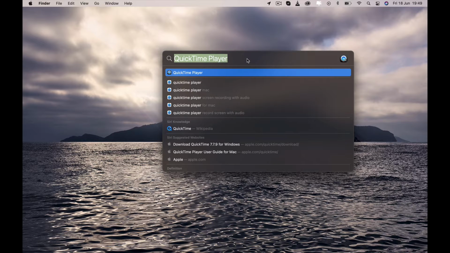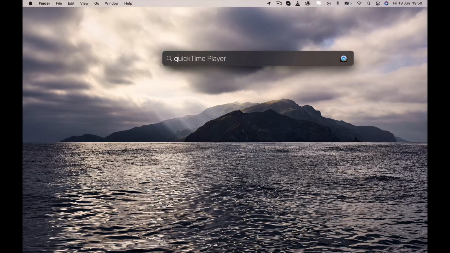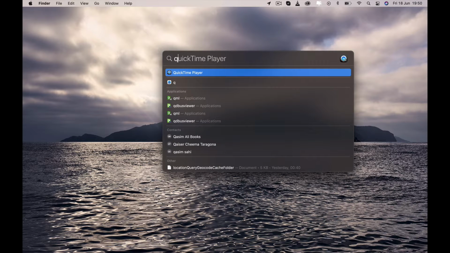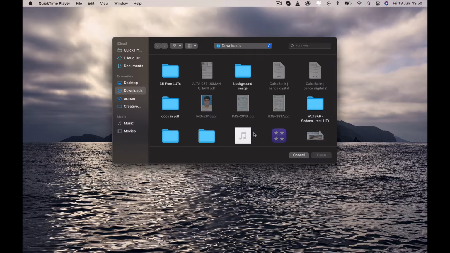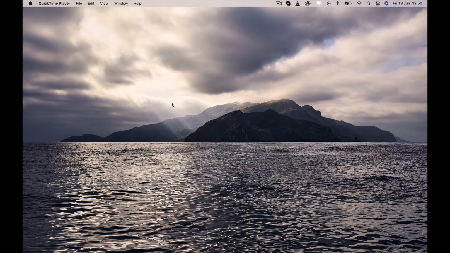where I have already opened the QuickTime Player, or if you don't, then press Q and it automatically opens. Then press OK. So you have a pop-up window, you need to cancel it, then put your cursor on your file